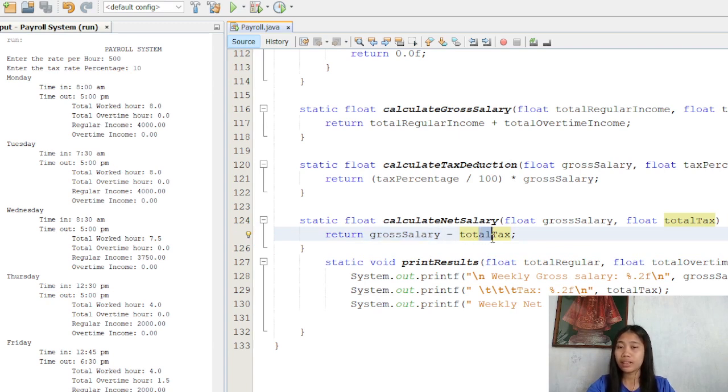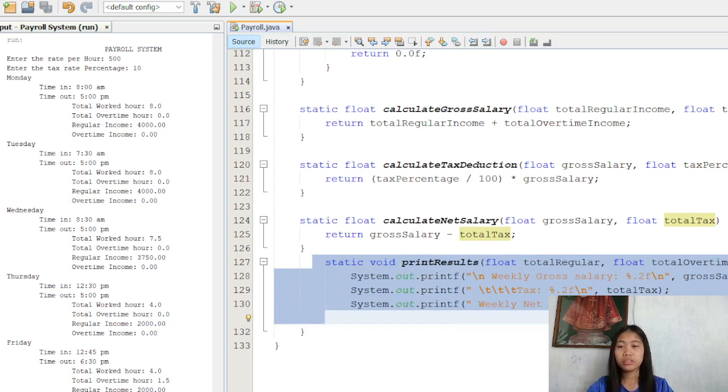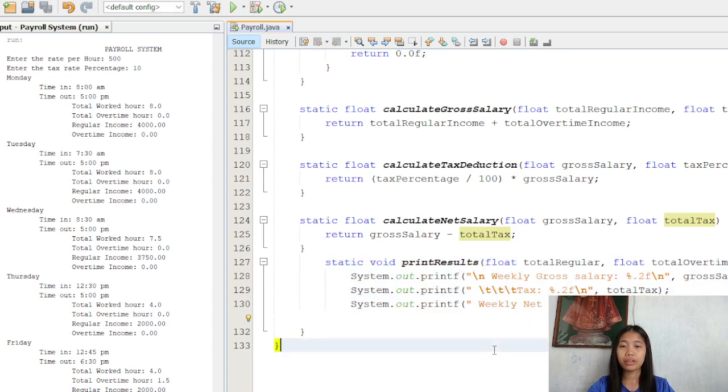In our output, the gross salary is 16,650, so we subtract 1,665. We now have a weekly net salary of 14,985. Lastly, we have the printResults method, wherein we have parameters